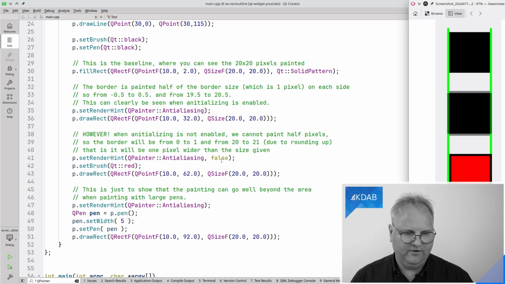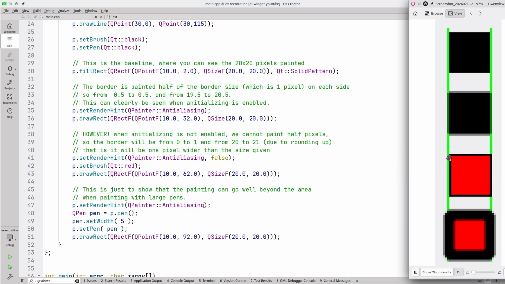Okay, let's try now with anti-aliasing off. And again, column 10 and 20 times 20. I've just moved a bit down. And now you can see that I actually filled it with red. So why didn't I do that before? Anyway, now you can see that the half pixel is moved over here. So it's rounded up. There is a complete green line here. And you can see there's absolutely no green line over here because I rounded off. I could have shown you the same thing down here, the green line would have been sitting on top and completely covered down there.